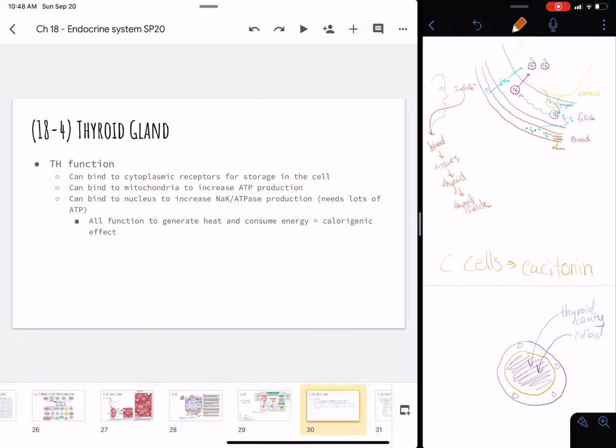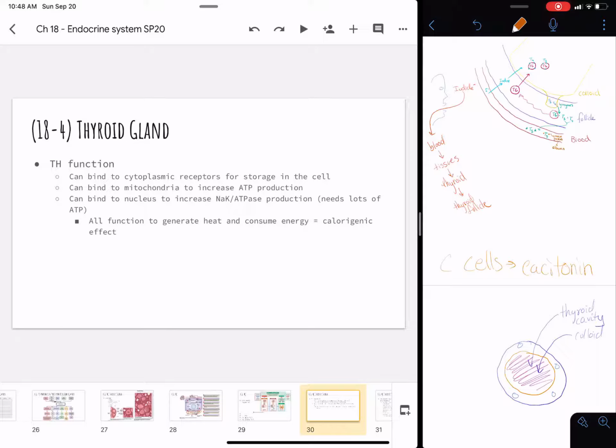So what does thyroid hormone do? Thyroid hormone can bind to cytoplasmic receptors for storage in the cell. That should tell you something about if it's a peptide hormone or a steroid hormone. That means that it's going to be a steroid hormone. It can also bind to the mitochondria to increase ATP production, which we also saw for steroid hormones. And then finally, it can also bind to the nucleus to make more sodium-potassium ATPase channels, which are going to help exchange sodium for potassium at various different cells in the body,